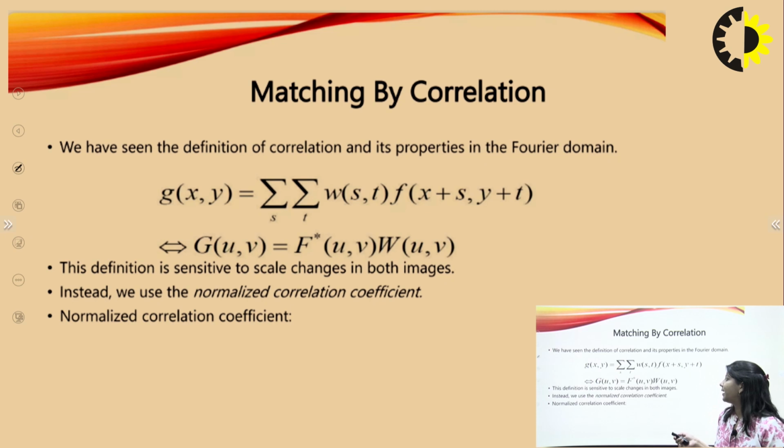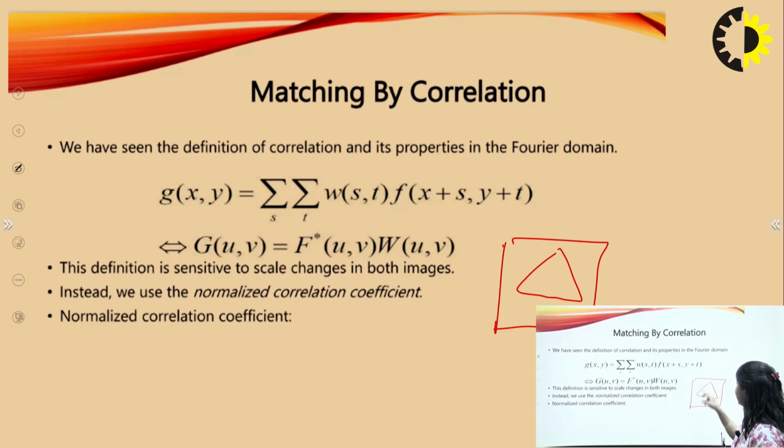So we can also match the class with the help of correlation. Correlation means we have this image and we have one prototype. This prototype is the smallest window, the smallest object. If this object is part of this window, say a small triangle here, it can be any shape, we find whether this is a part of this image or not. So we can find the correlation.